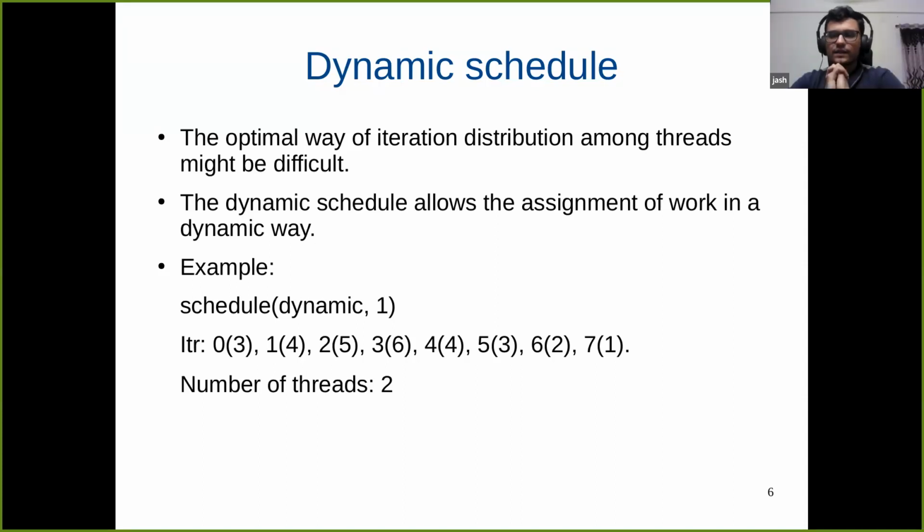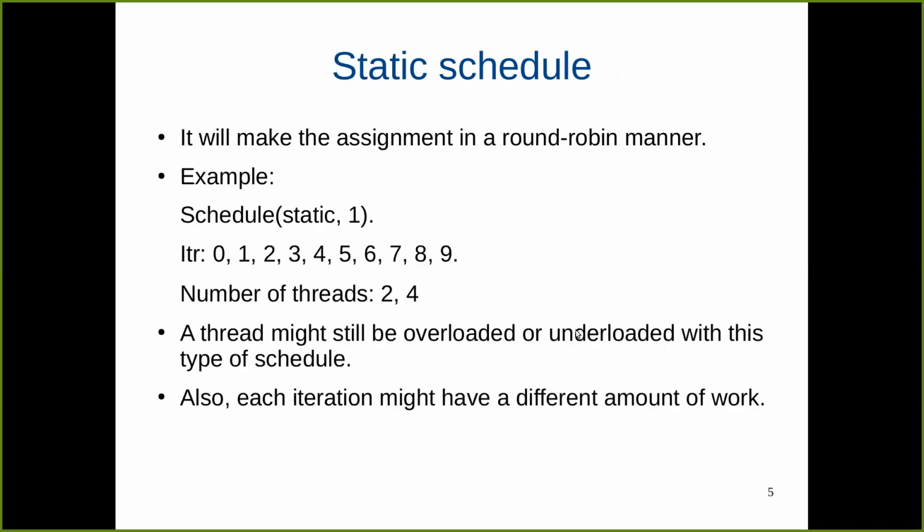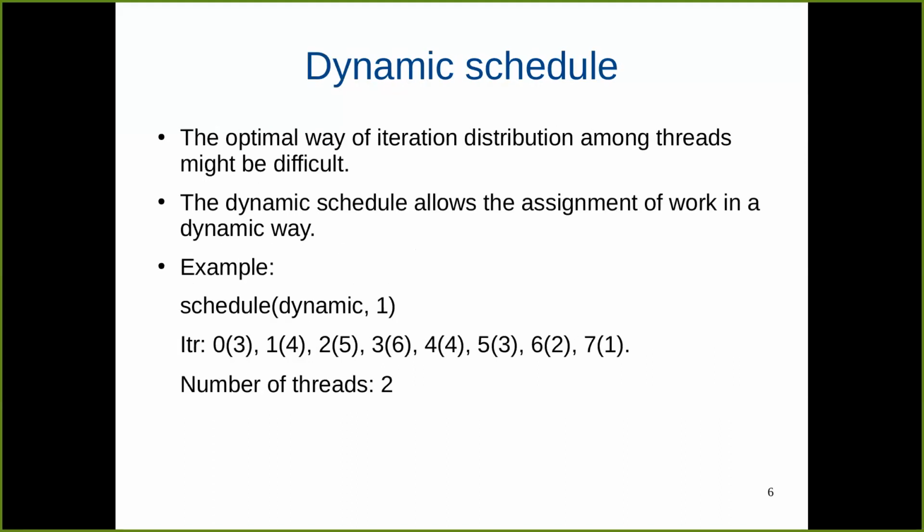So in case of dynamic schedule, if it can be done in a better way than a round robin, then it has to be done based on the scheduling, right? Because in round robin, as we saw, we are picking up these jobs from here in a round robin fashion, I mean, in a sequential fashion, right?